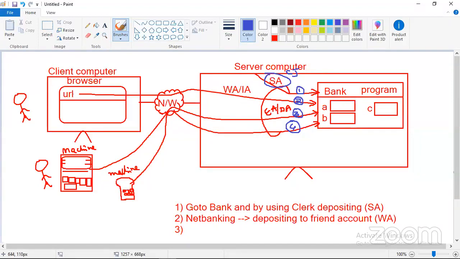The next point: if you want to allow your program to be accessed from the browser as a web application, then you must learn what, Nana? Advanced Java, you must learn. The next, if you want to allow your program to be accessed anywhere, either from within the server, or from the client's browser using a URL, or from machines with button clicks, then that is called what? Enterprise or distributed applications. Then you should learn frameworks. So this is the story. Now you need to understand. Up to now, are you comfortable?